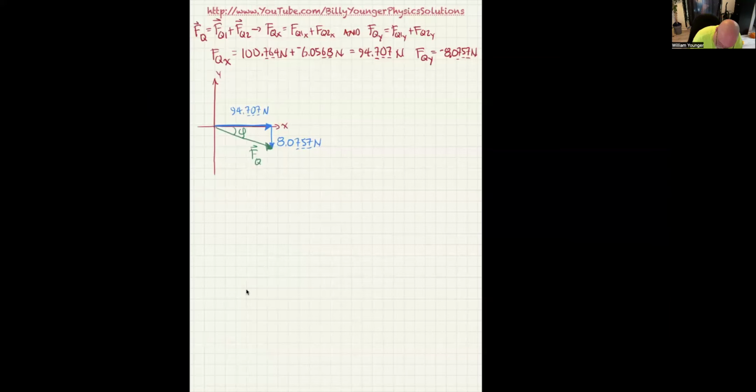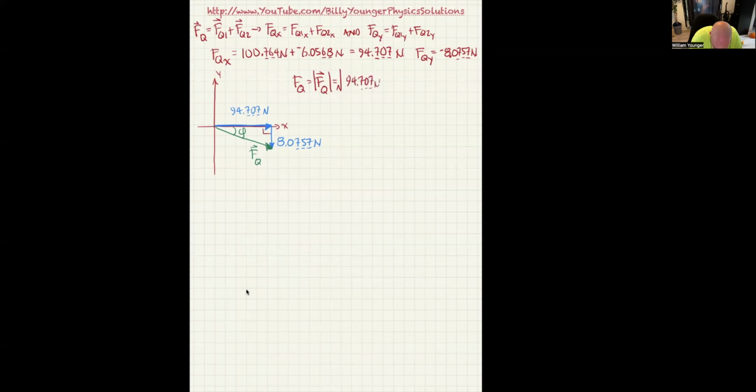So first off, the magnitude of the total force, which is often written like that, but you can also write it as FQ vector and then put absolute value bars around it, because that also means the magnitude. But according to the Pythagorean theorem, since this is a 90-degree angle, we could use the Pythagorean theorem. And what we're going to have is